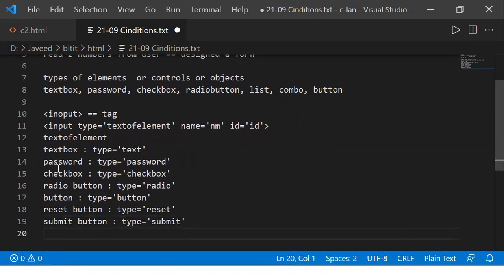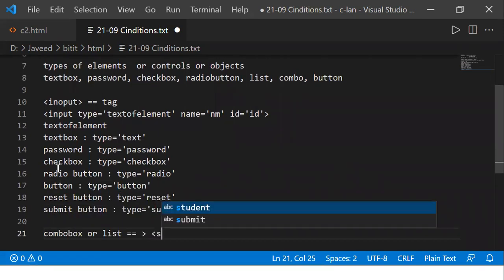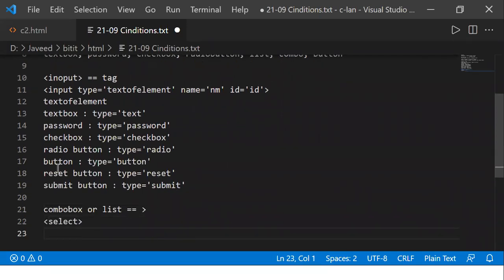Then there are some controls, like for example a combo box or a list control. When I want to define these, we'll be using a tag called the select tag. We have the opening and closing select tags.